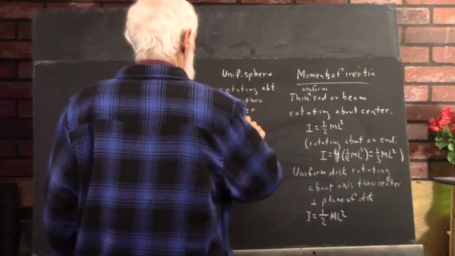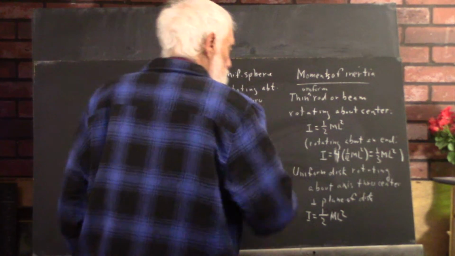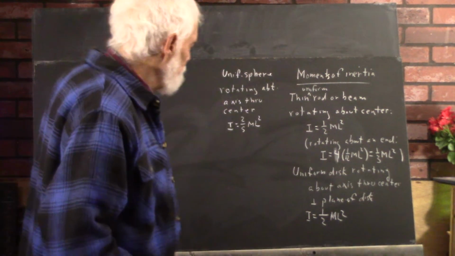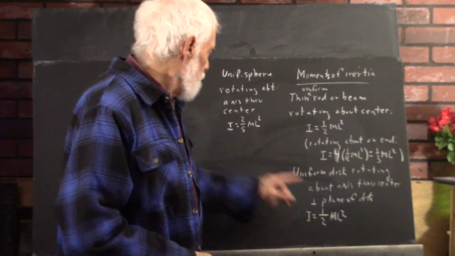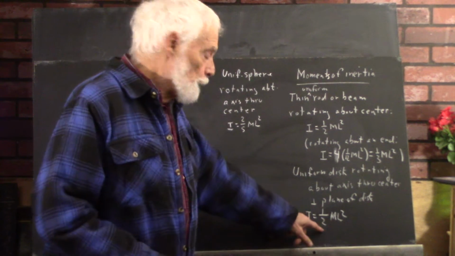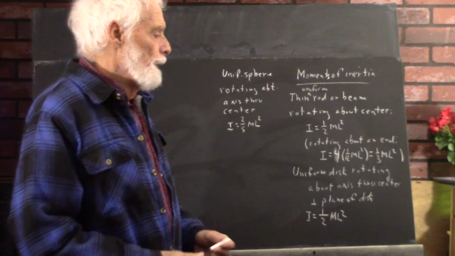It's not 1/2 ml squared, it's 2/5 ml squared. Now, comparing the 1/2 here and the 2/5, you see that's 0.5, that's 0.4. This is a little bit less than this. And the reason for that is,